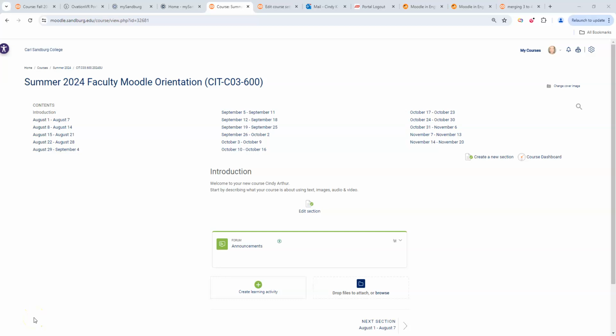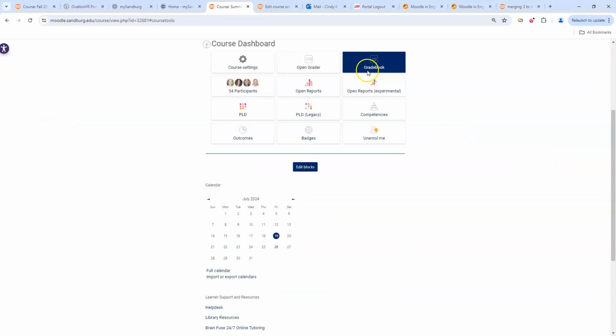As an instructor, it will be important for you to keep track of grades. Moodle or OpenLMS, whichever you want to call it, has a function inside of it that is an electronic gradebook. So in order to set that up, if you click on Course Dashboard and go to Gradebook,